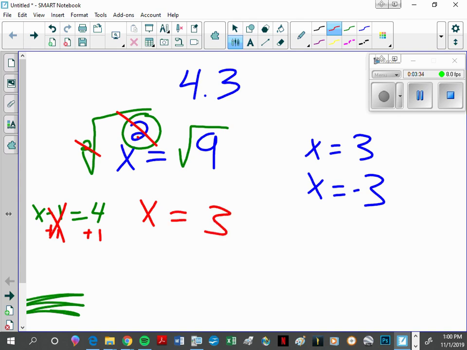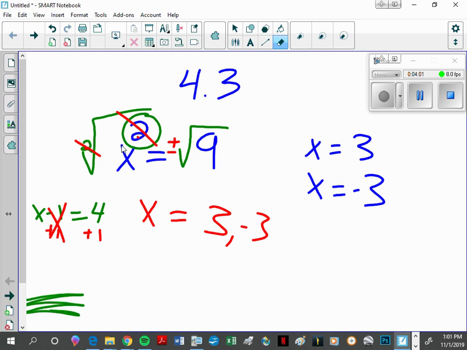But we know there are more answers than that. So anytime you undo an x squared using a square root method, you have to put plus or minus in front of the square root. Because there are two correct answers to this. Yeah, and instead of doing this,